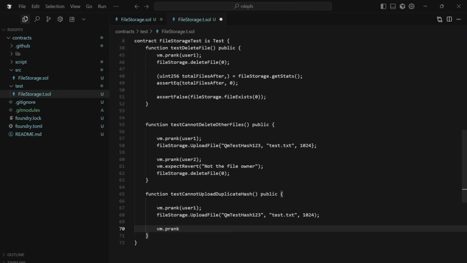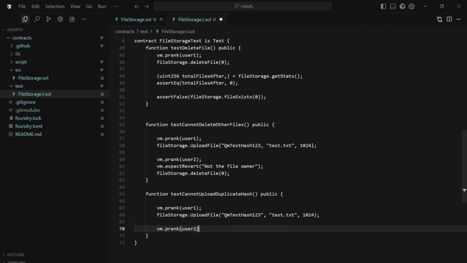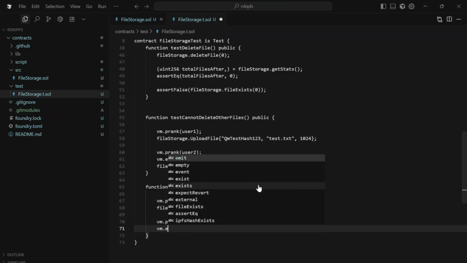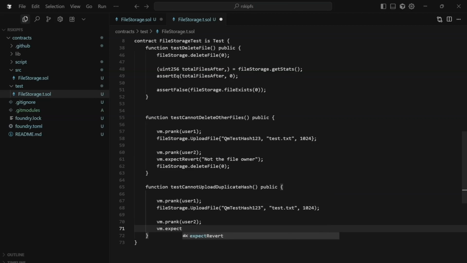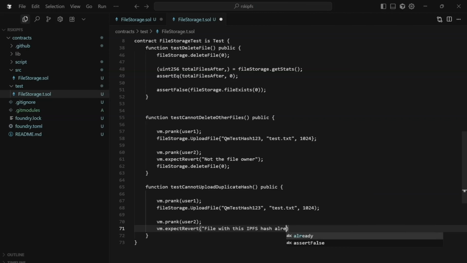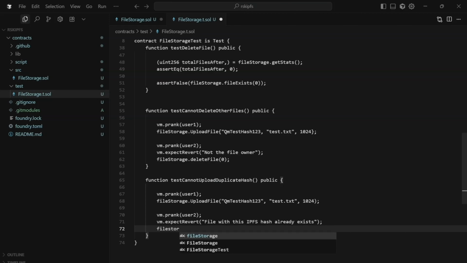So for that we'll give vm.prank user 2, and then we'll have vm.expectRevert, and once it reverts it will display "file with this IPFS hash already exists." Then we'll give fileStorage.uploadFile, and this will have the hash QmTestHash123,